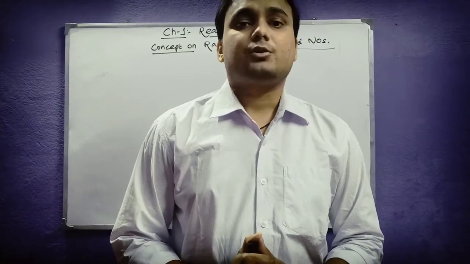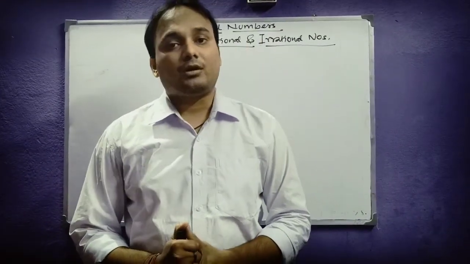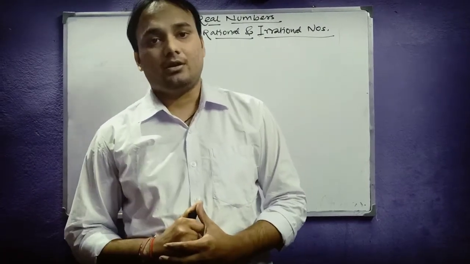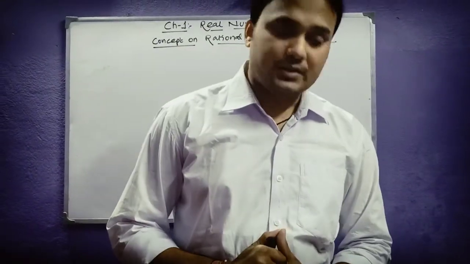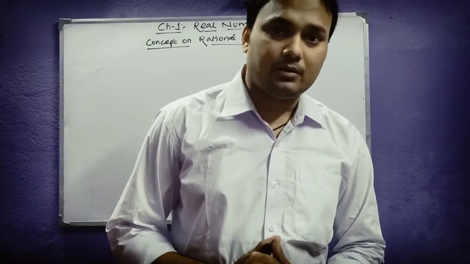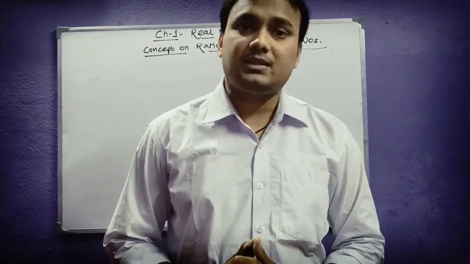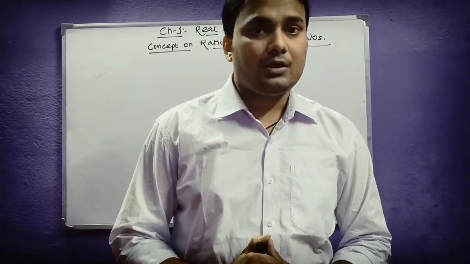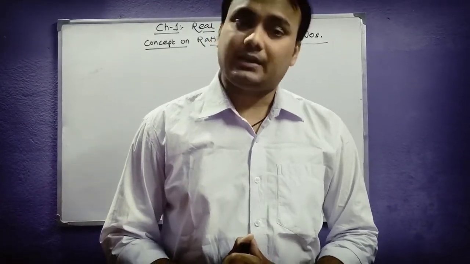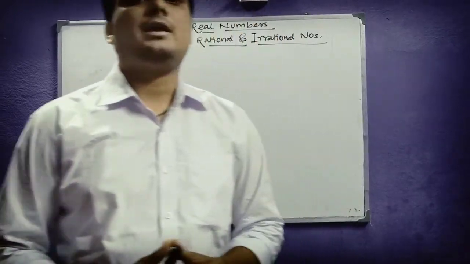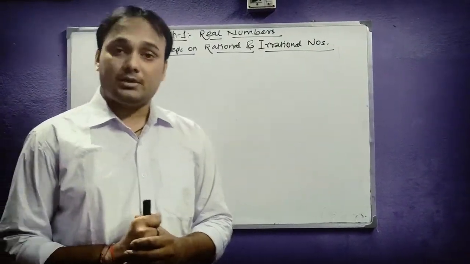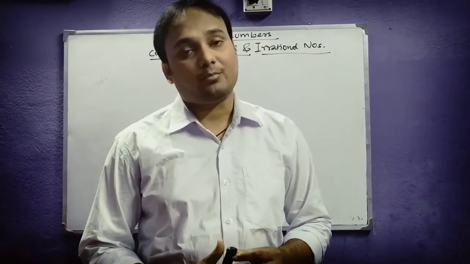Okay. So before we start, it is very important for us to know the basic definition of rational number or irrational number. What is a rational number, students? A rational number is any number which can be expressed in the form of p by q, where p and q are any integers and q is not equal to 0. So if I ask you the definition of rational numbers, rational numbers are the numbers which can be expressed in the form of p by q.